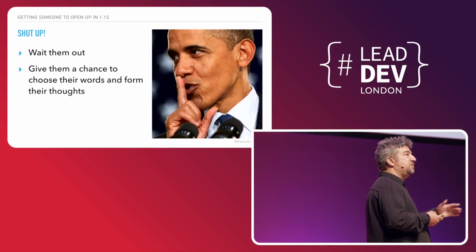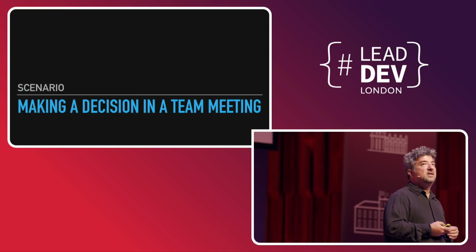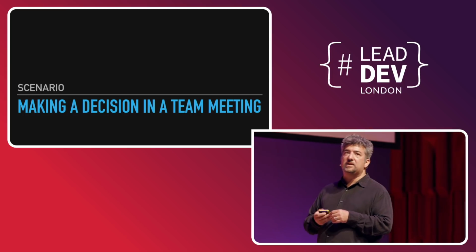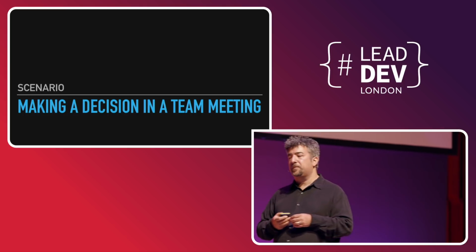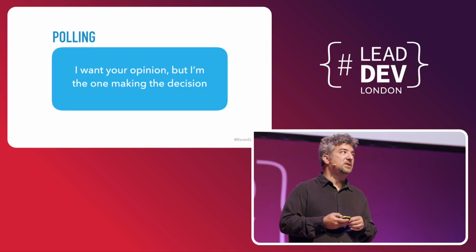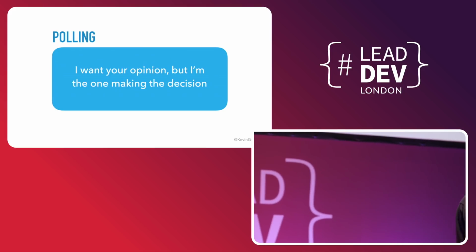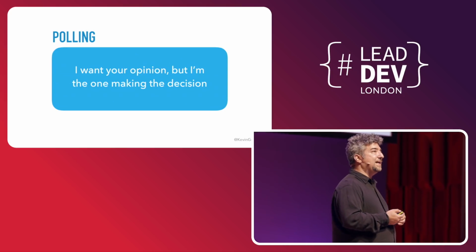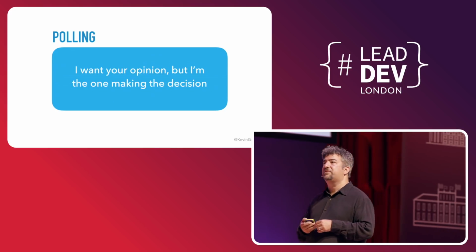I'm going to move into team meetings now and how you can make your team meetings a little bit better. One of the things we tend to do a lot as a lead or as a manager is make a decision in a team meeting. And you want to involve the team, right? I hope. So there's 2 ways I do this. One is polling and the other is voting. And I'm very explicit about which we're going to do. We are going to poll on this. We are going to vote on this. And that's because those are 2 different things. We deal with those things differently.